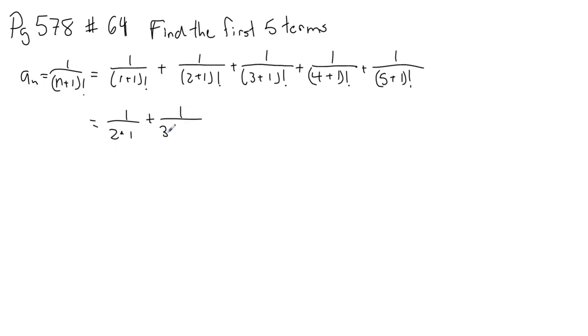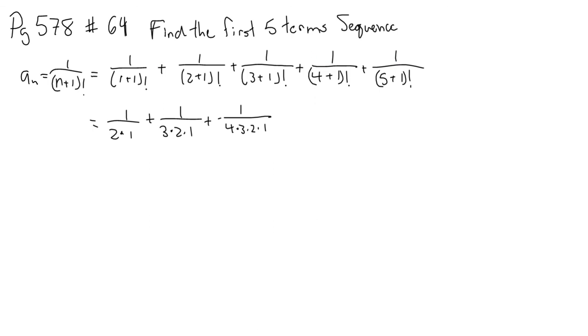Then 1 over 3 times 2 times 1, because 2 plus 1 is 3, and so 3 factorial will be 3 times 2 times 1. Plus 1 over 4 times 3 times 2 times 1. And then this one, I made a mistake here. It's more a notation error. Since this is finding the first 5 terms in a sequence,